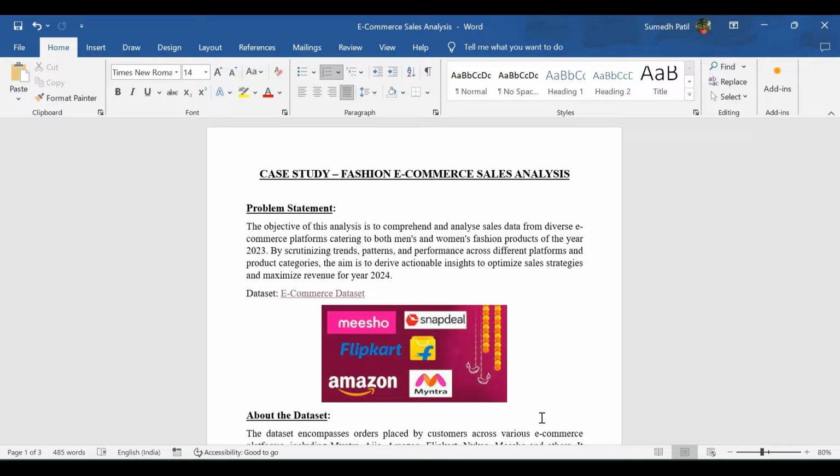I am here today with yet another interesting case study of Power BI, that is the fashion e-commerce sales analysis. Today we are witnessing the massive growth in online shopping platforms like Amazon, Flipkart, Myntra, etc. So here we are going to analyze the sales data for the year 2023 of those platforms, focusing on the fashion category and find the insights that will help stakeholders to improve the customer experience, targeted advertisement, and predict the trends